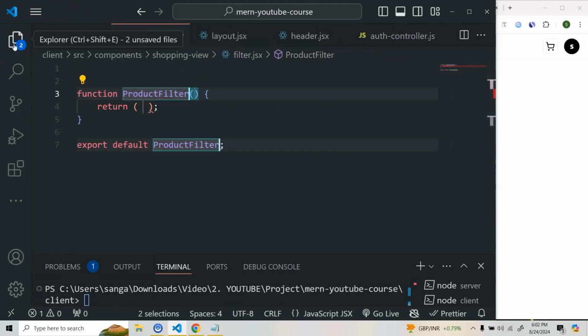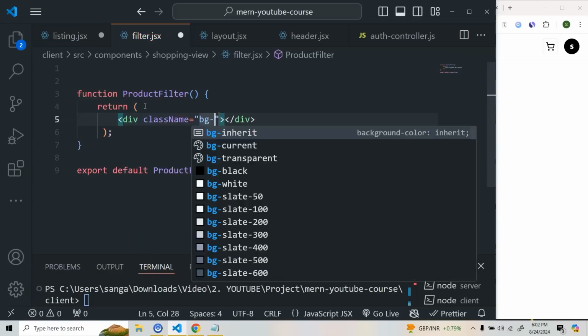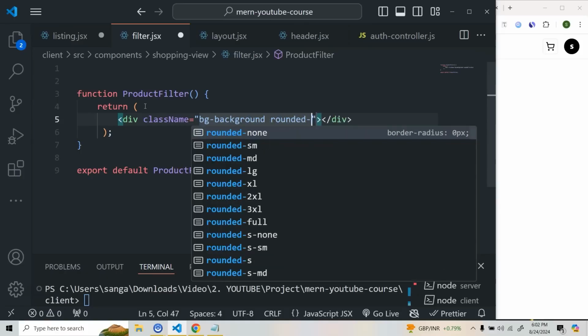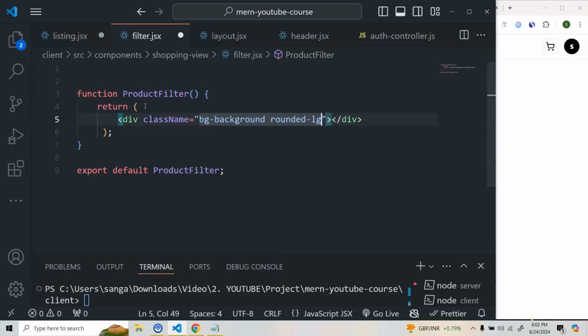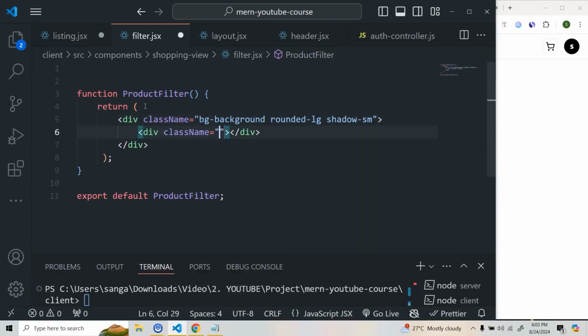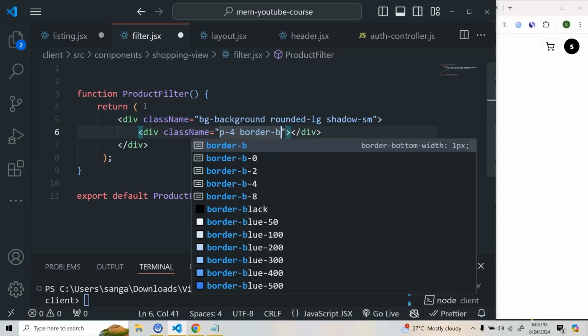So here, because we will be able to filter based on category and brand. So first let's create this. We'll do div, we'll take a class name, we'll do bg as background, we'll do rounded large, and we'll do shadow sm. Here I'm going to take another div, I'll do a class name, I'll do p of 4 and border bottom,